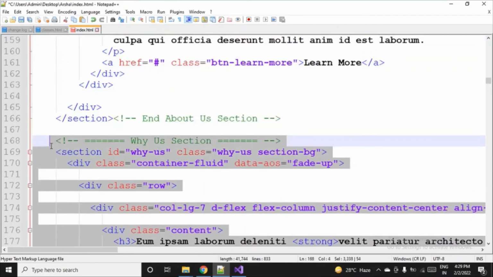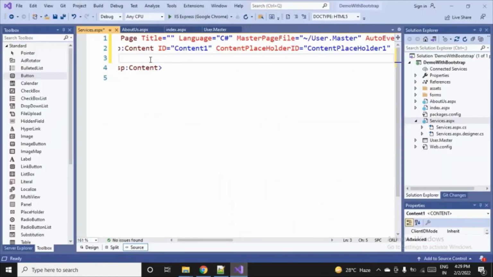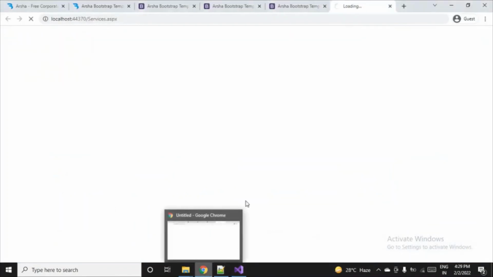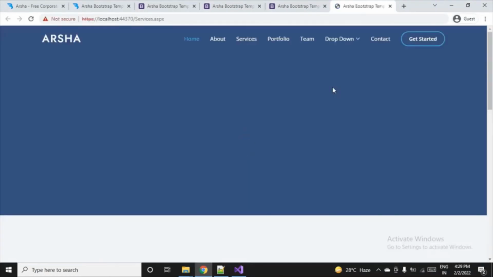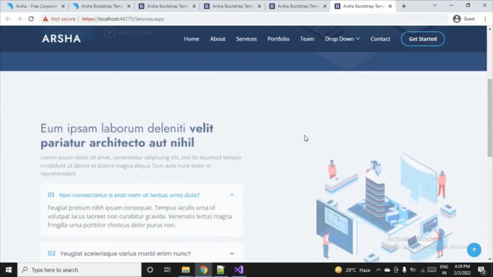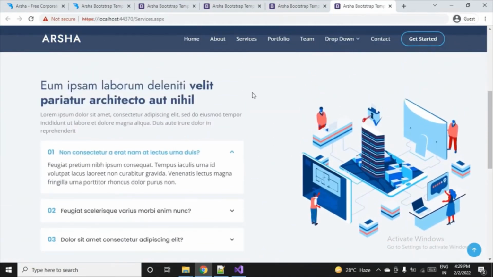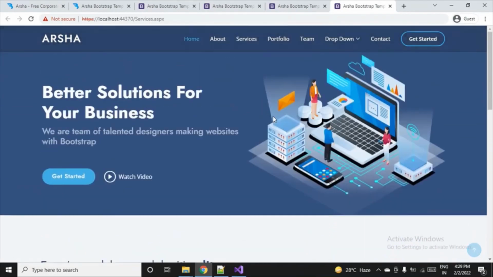Yeah, YS section, copy, going back to Visual Studio, paste it, save it, right click on it and view in browser. So you all can see now the services page is also ready, kind of. I guess maybe I have picked the wrong content, but I guess you people have got the feel.